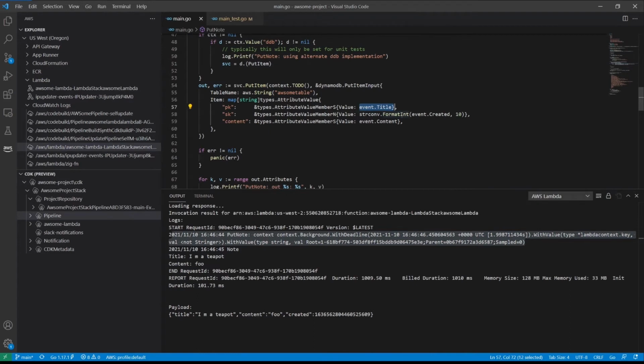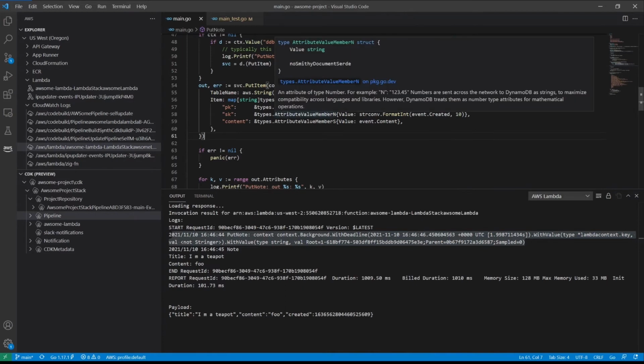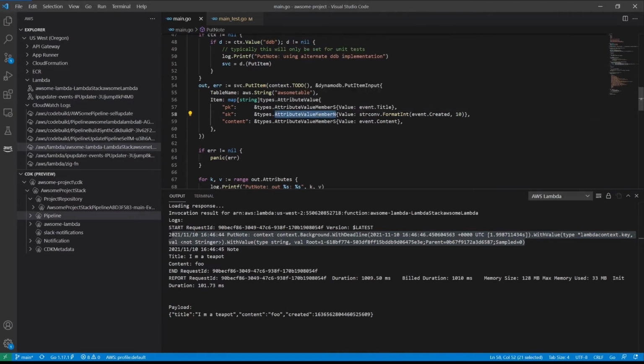That way, if we ask for a particular note title, we'll get back all the notes with that title ordered by creation time. And then the content. You'll notice that the sort key here is actually a number. AttributeValueMemberN is telling the SDK that this is going to be a number that's being passed in to DynamoDB, so that DynamoDB can identify that appropriately.